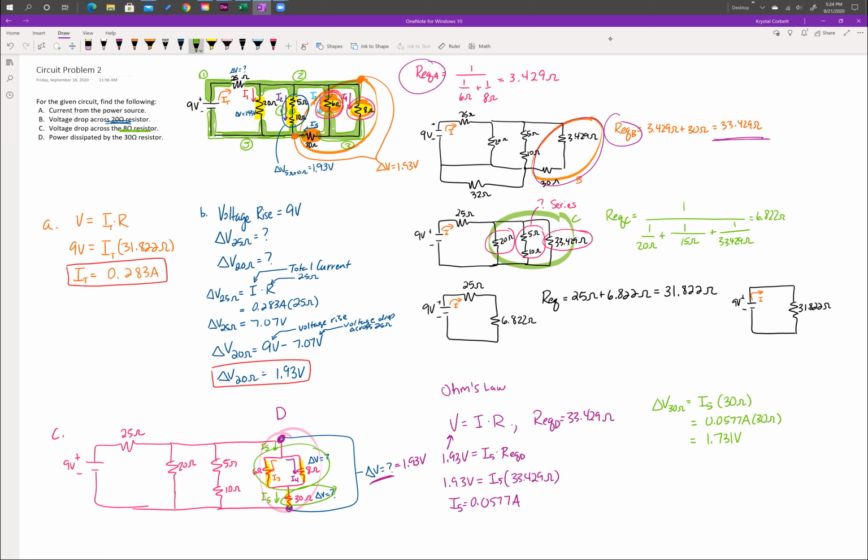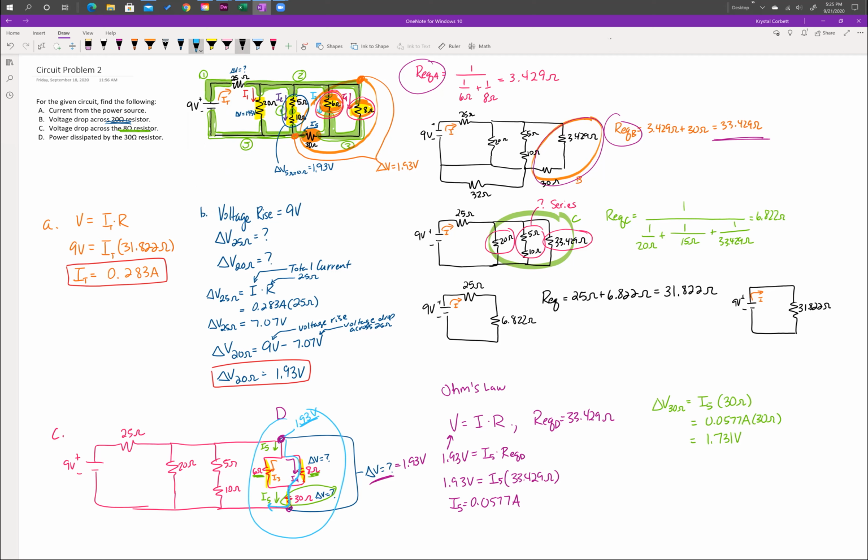Now I know the voltage drop across the 8 ohm resistor and the 6 ohm resistor have to be the same value because they're in parallel with one another. And so if I'm looking at my loop here, my voltage rise is the value of voltage at this point right here because I'm only looking at this segment of the circuit. And I can see my loop here. My rise has to balance my drops. So my rise is 1.93. That's what I'm starting with at this point of the resistor. I'm going to drop a little bit over the 8 ohms,